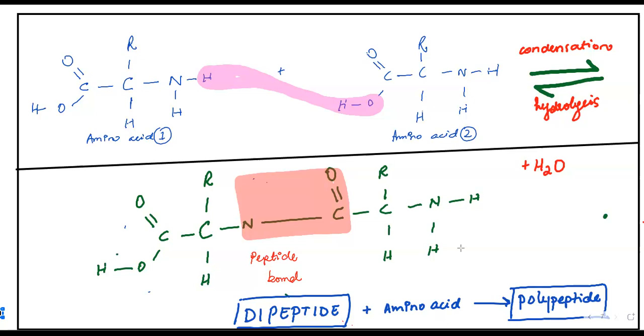So, what actually happens as a result of all of that is, why is the wrong amino acid being chosen so bad? The reason is that if the wrong amino acid is chosen, then what is going to happen? The R group will change. The R group will change, so the properties of the amino acid will change. That will change the properties of the protein, and the protein will not be able to function anymore.